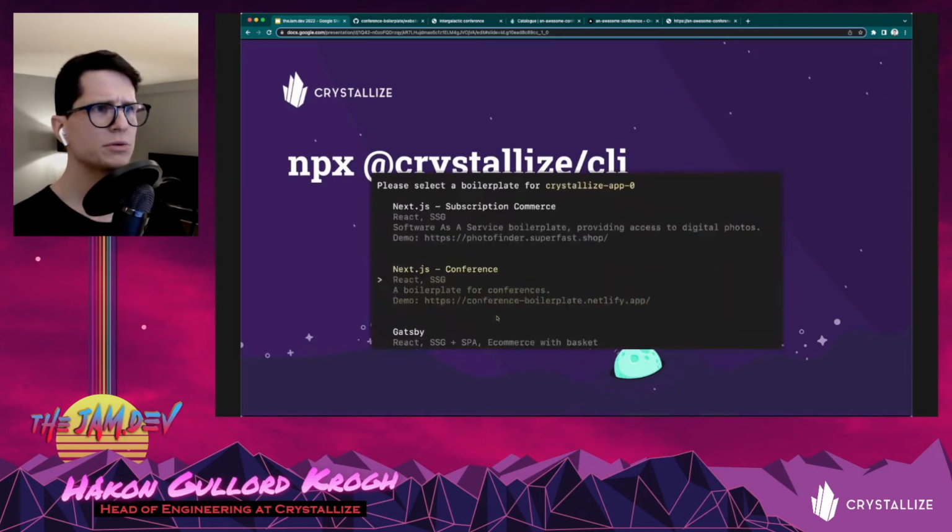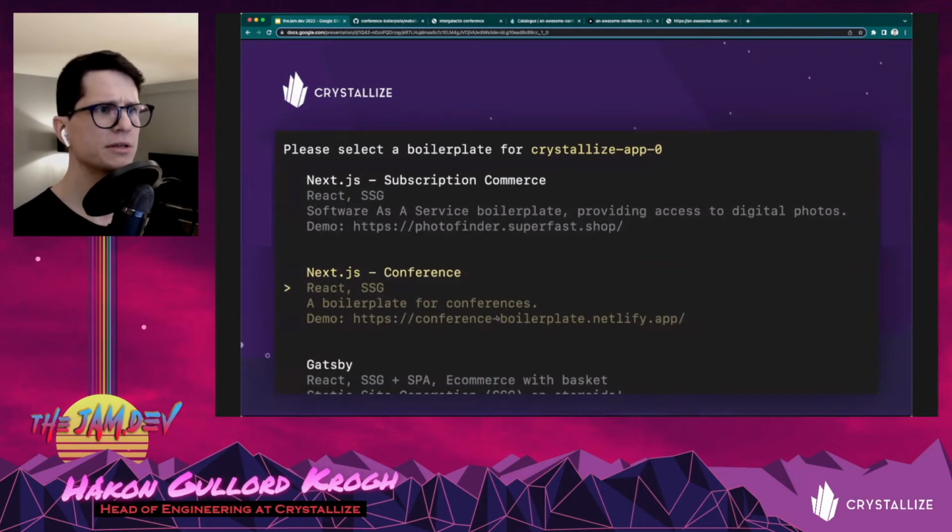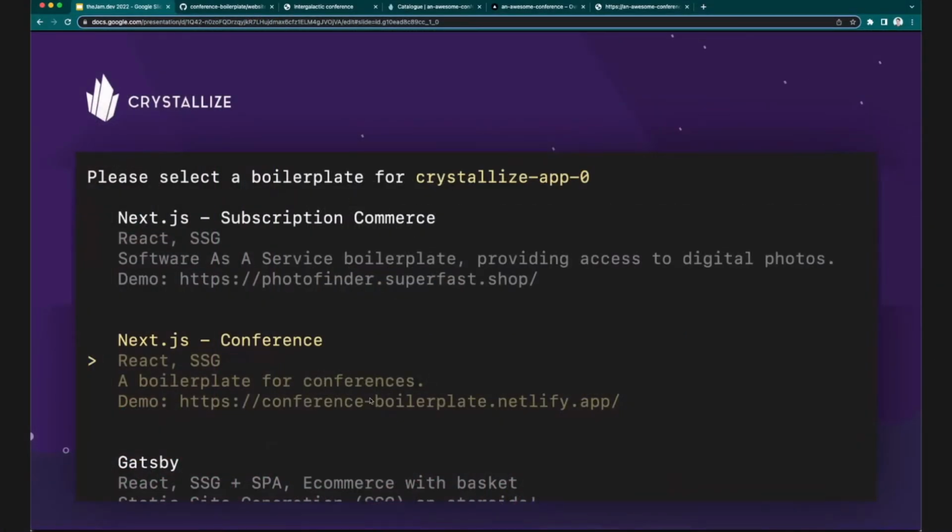You'll be greeted by this little prompt here where you would need to select a boilerplate of your choice, in which case what you want to have is the Next.js conference website boilerplate. There's a few other ones too. This is the one you want. It's going to ask you if you want to bootstrap a tenant in Crystallize with example data. And it's probably a good idea to say, yeah, I would like that, because